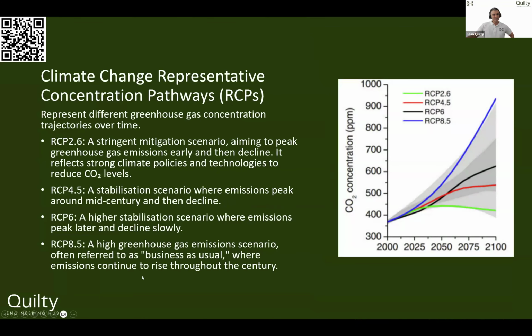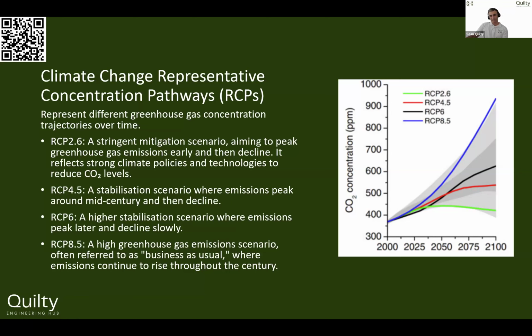So out of those pathways, and this is all science and analysis that's already been done, we look at the pathways and we say, all right, what are the greenhouse gas emissions going to look like in each of those pathways? And so essentially there were 4 representative concentration pathways, RCPs, that were looked at. You can see the year from 2000 to the year 2100, and then each of these pathways. The smaller the number, the more optimistic or the better we are at trying to control climate change. The larger the number, the worse we are.